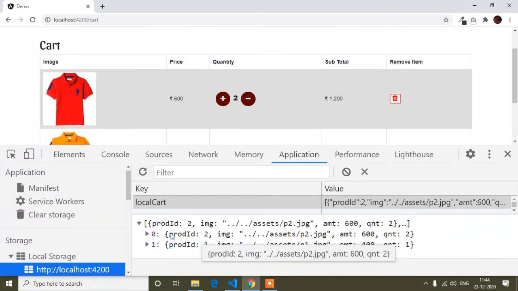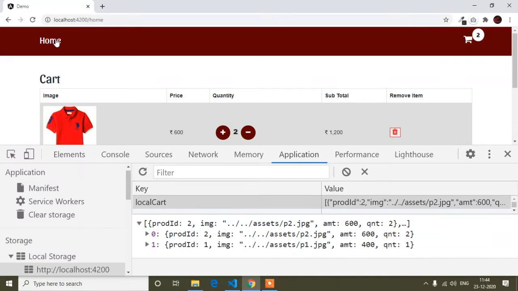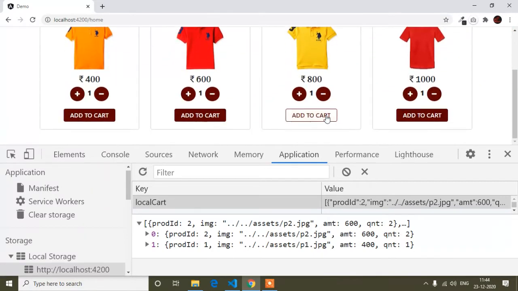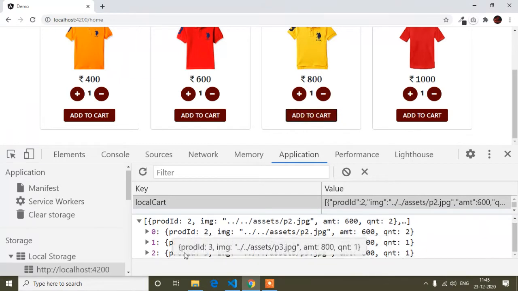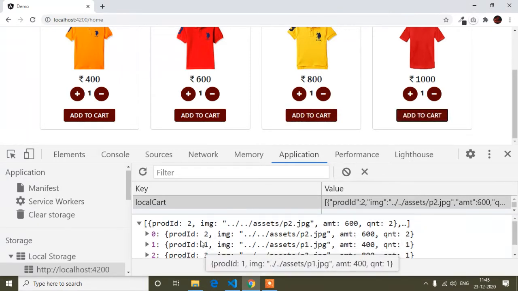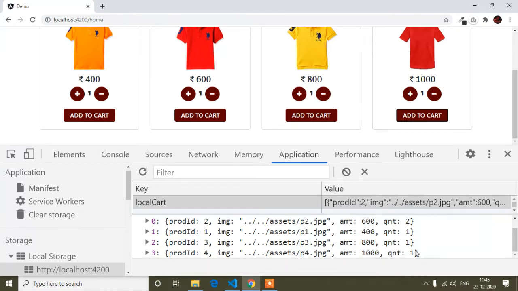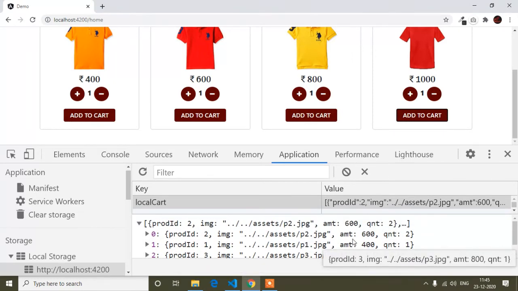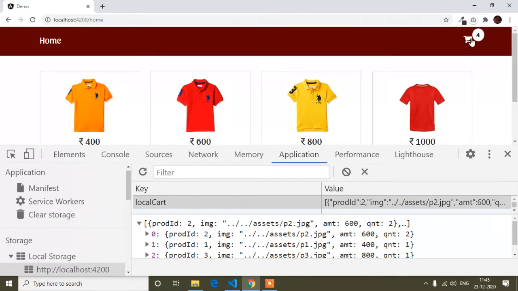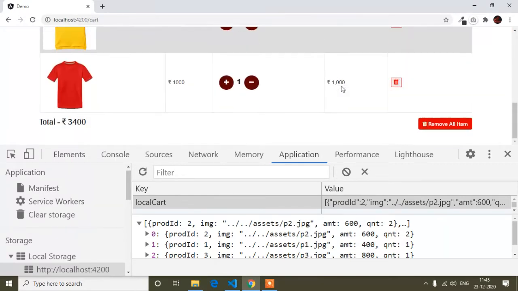You can see, if I go to home and add 3 products, it's adding into the local storage. If I add product number 4, you can see it's added in our local storage, and from the local storage I'm getting all the products in our cart details page.